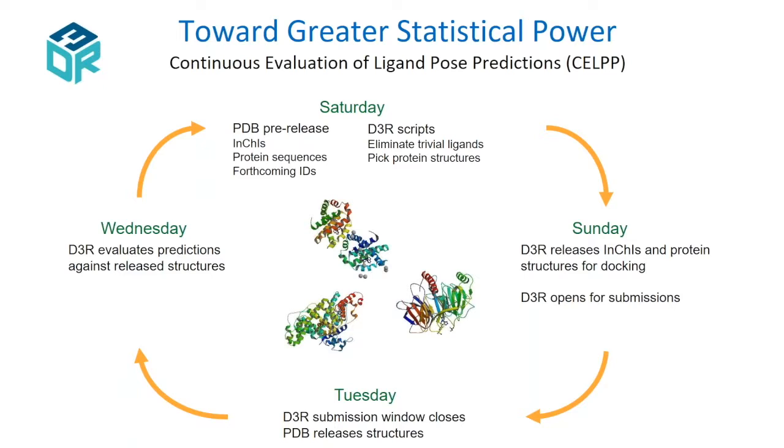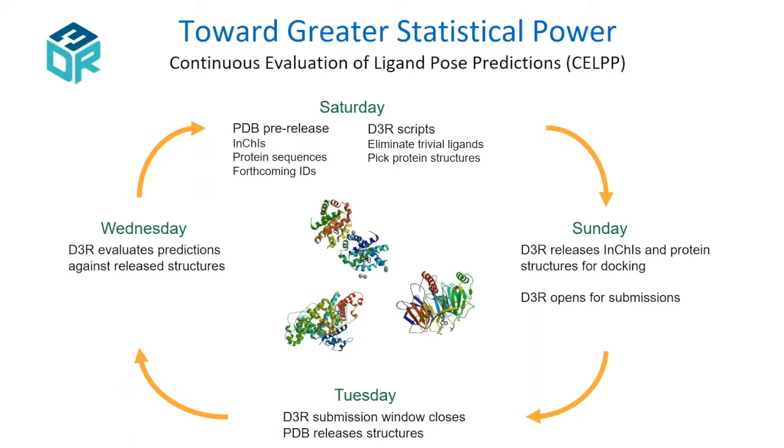And so the information on those proteins, their sequences, the InChI string or SMILES string of the ligands, and some basic information about crystallization conditions like pH, as well as the ID of the forthcoming PDB structure release, are put out on the web about a week in advance. So the structure isn't available, and this poses a docking challenge. And there are something like 20 to 70, I'd say, suitable challenges that come up every week this way.